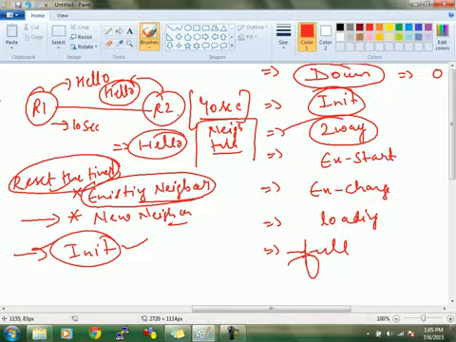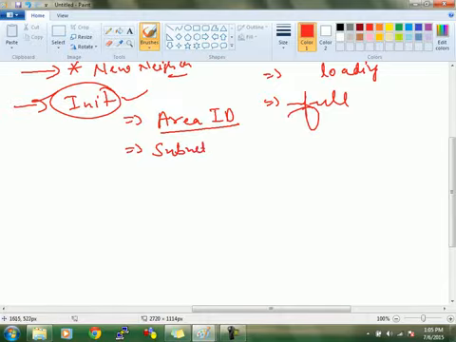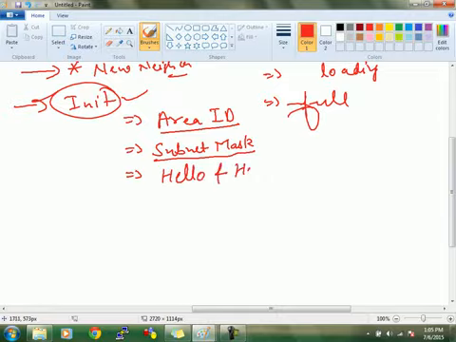And before this two-way state, how many things are checked in the hello? Which parameters are checked? Those parameters are, first is area ID. Second thing is subnet mask. Third thing is fourth thing is